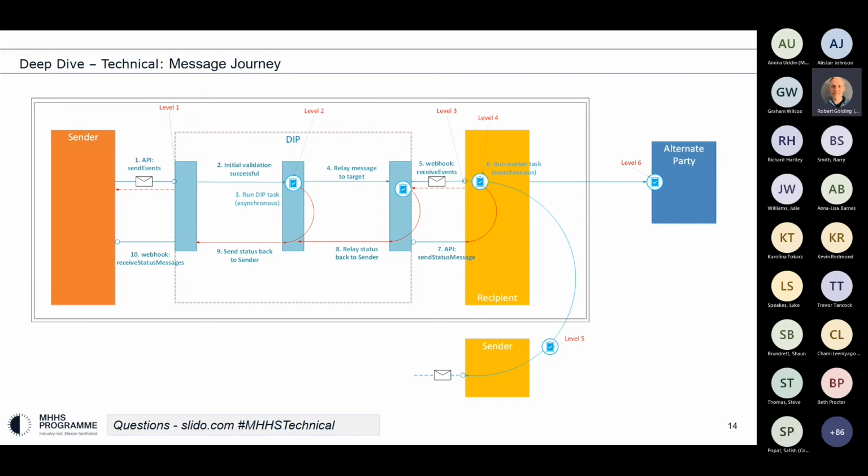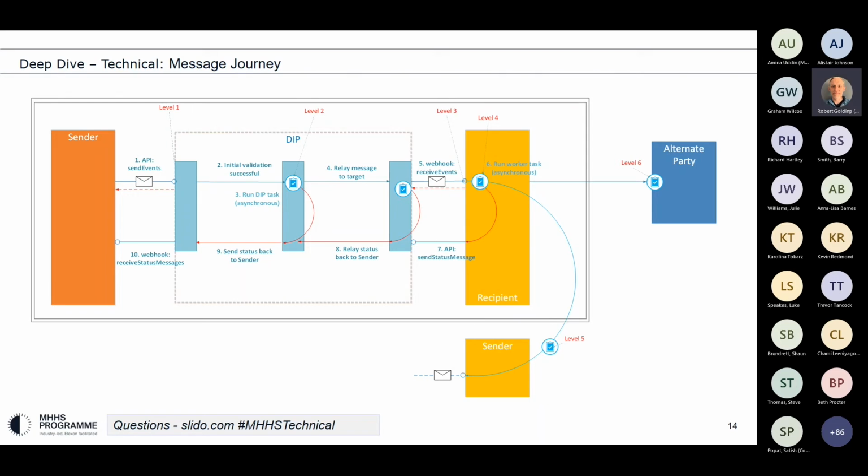This is the initial handshake, which gives a level of comfort to the sender that a message has been sent, and it can track both its reference and the reference provided by the DIP through the system. On the happy path, this is the only interaction. This is the only response a sender will get once it's sent a message, because the default case on the happy path is a message is sent and it's going to be successfully consumed by a recipient.